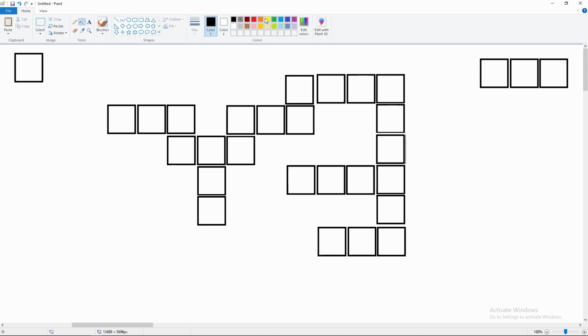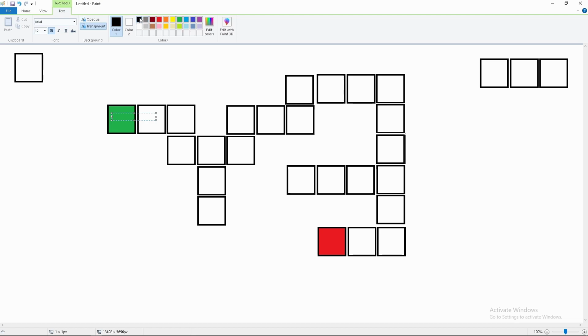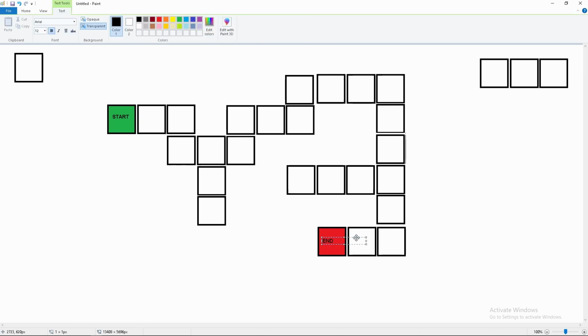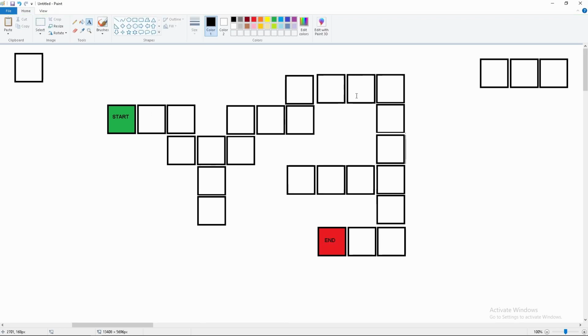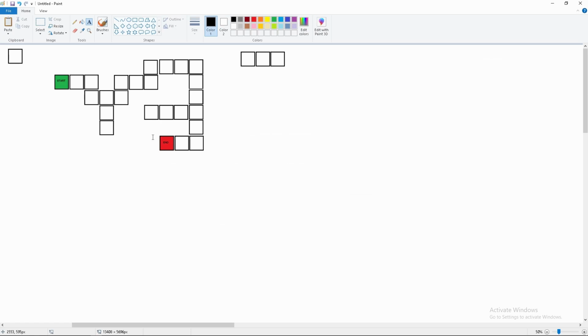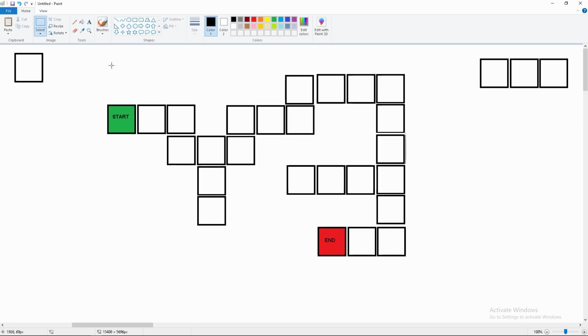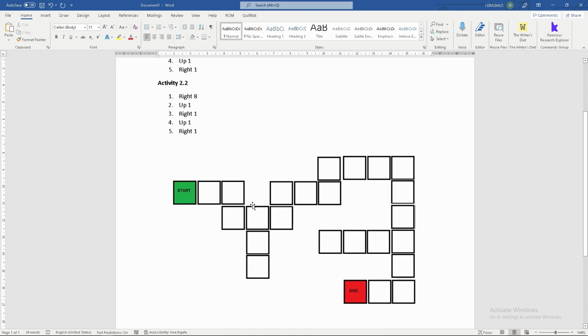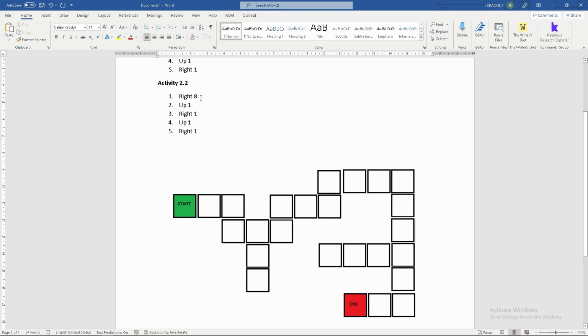And all you do now, you can just make a green start and then a red end. So then this would be our maze, and you can just press the text tool, just make sure it's black, and then just say start, and here we can say end. Okay, so we need to get the person through all of this, and how you would save this is you just select, this is my maze, and I've selected this. I'm going to press copy again, and now in my Word document for activity 2, sorry, just going to copy this part,